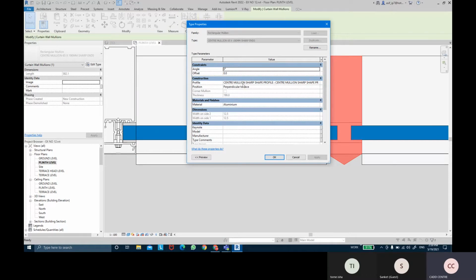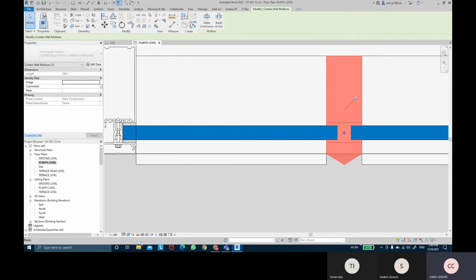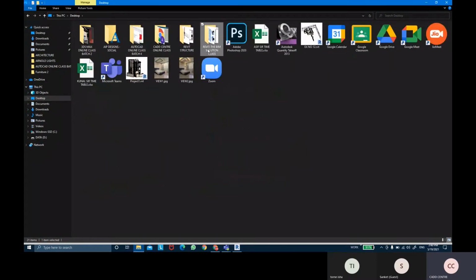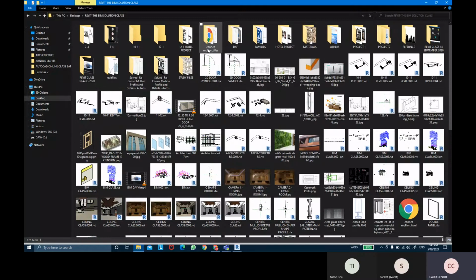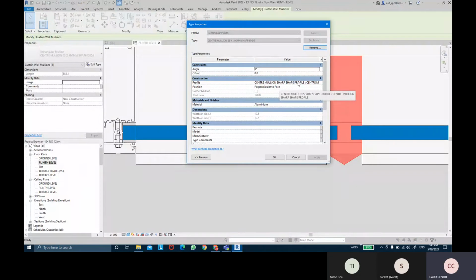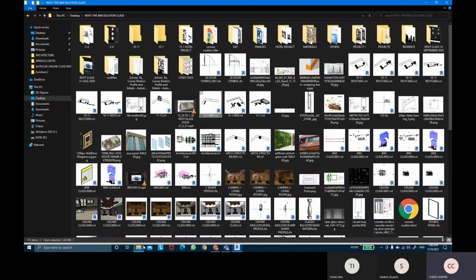So I'm going to open this family once again. The family name was Center Mullion Shape Profile, and I'm going to add the detailing of the profile as well. So to do that, let me just find this profile shape. We have saved this profile somewhere over here. It's called Center Mullion Shape Profile, so search for that file.